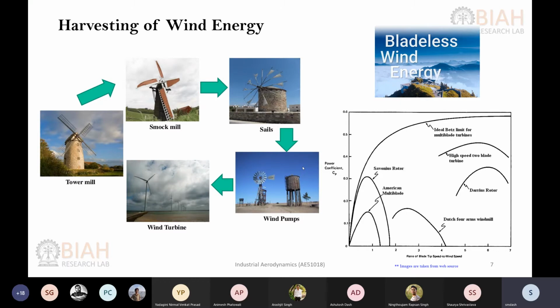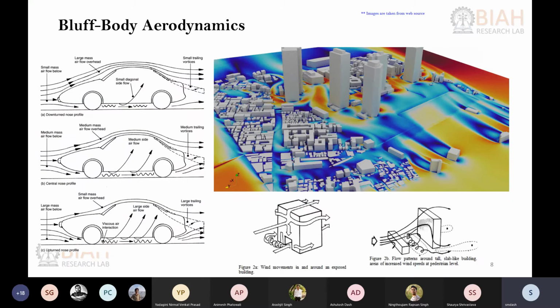Then another part of the discussion, again another chapter on wind engineering, will be bluff body aerodynamics. Like you know, bluff bodies are those objects where the length to width ratio is more or less the same. Okay, so not like the aerofoil or streamlined bodies. Here we can discuss vehicle aerodynamics, like on-road vehicles, the design of that, and the flow structures or flow evolution around the vehicle for different types of geometries. So that will be on vehicle aerodynamics.